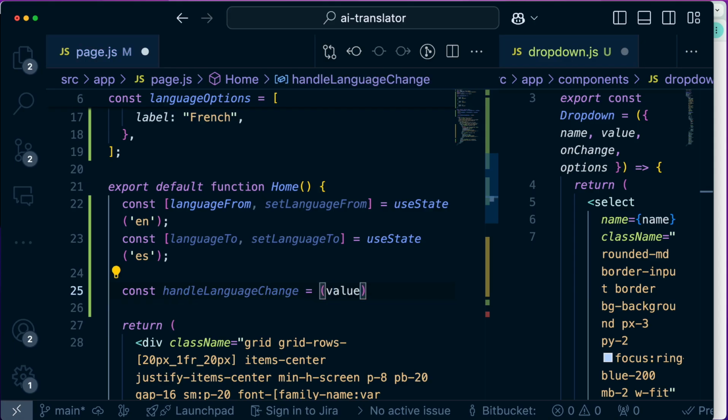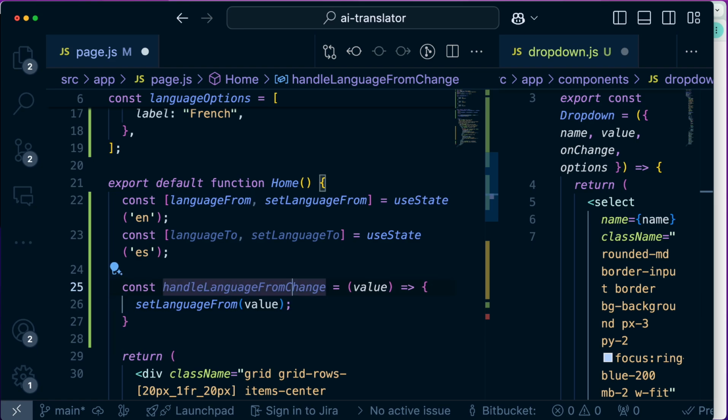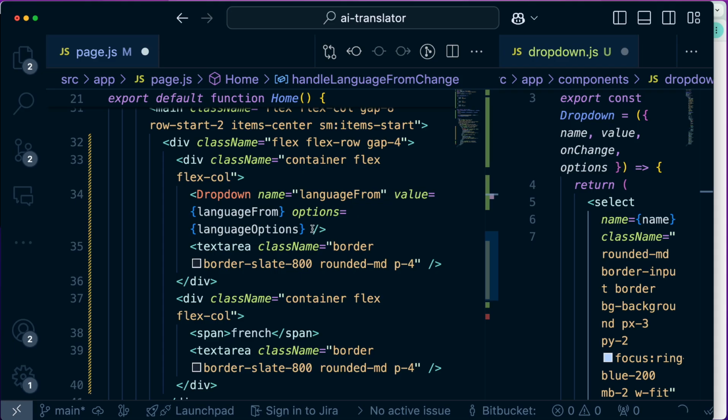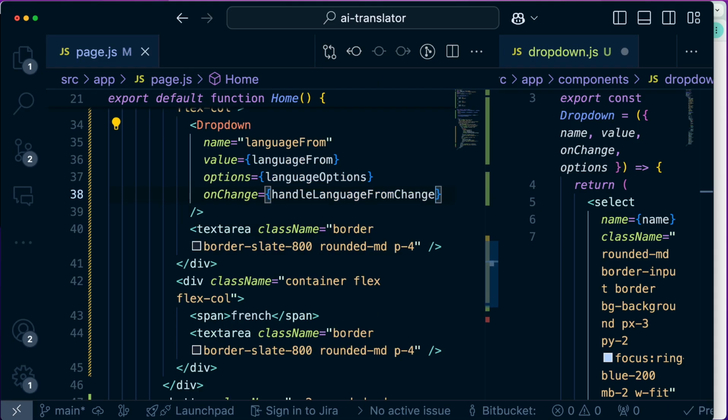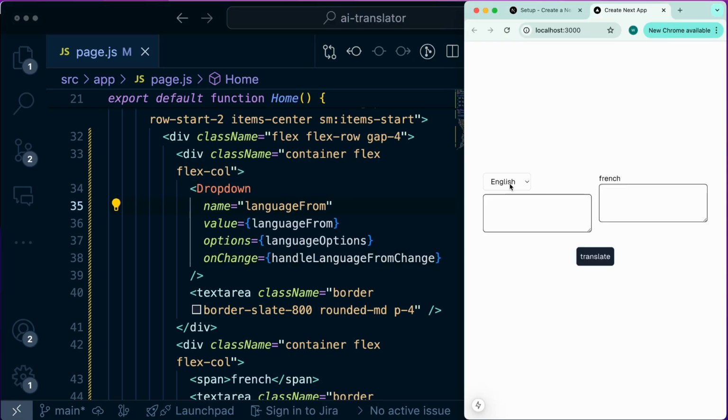So we're taking the value and it would call this hook. And we'll need 2 of those. So this would be from language change, and it would set language from. And let's pass that as an onChange. All right, if we save this now,